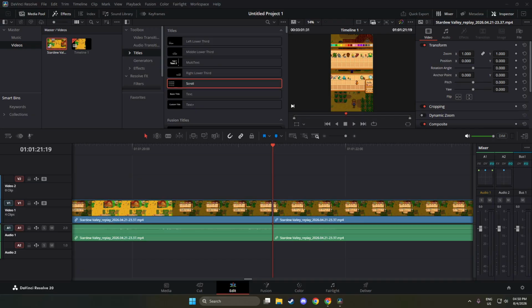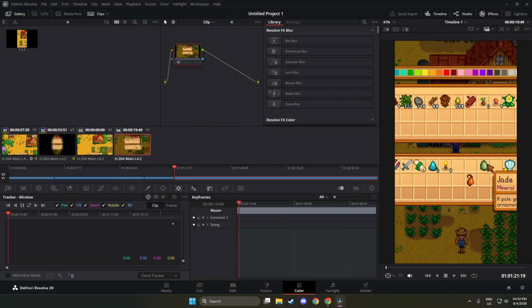Next, select your clip. Click on the clip thumbnail in the timeline at the bottom of the screen. When it is selected, a thin highlight appears around that clip, and the image in the viewer updates to match it. Make sure you are parked on a frame where the color you want to isolate is clearly visible. This avoids guessing later. Now add a new node.